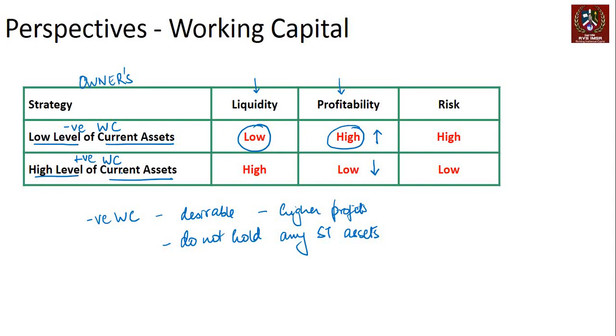On the other hand, if you have positive working capital or a high level of current assets, then the liquidity position is extremely high. What is important is that it should be known whether the decision is being made by choice. This choice is a very, very strong element, because if you have a high level of current assets by choice, you can reduce it, but you want it because you want better liquidity, then that's fine.